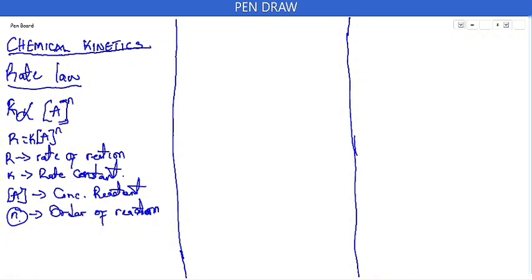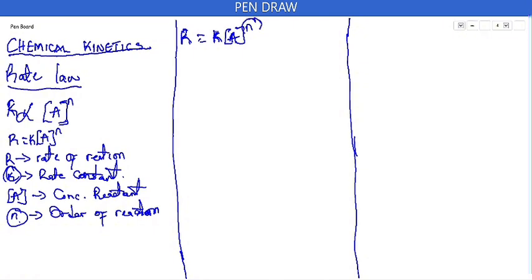Now let's check out the SI unit for our k. Since our R is equal to k[A] raised to power n, our SI unit for k will vary, depending on the value of n that we get. So the value of n determines the SI unit of k. Don't forget our rate of reaction is measured in molar per second, and our concentration is also measured in molar